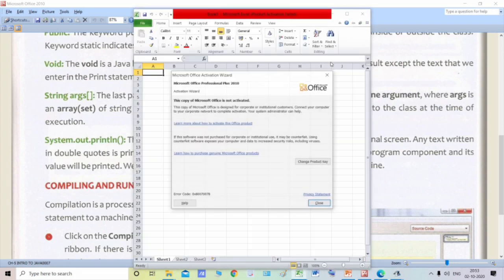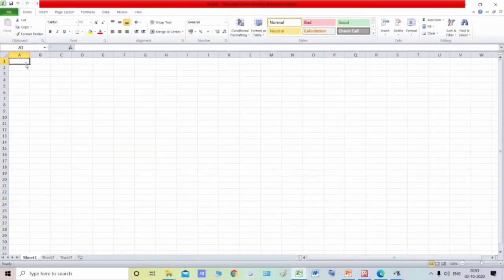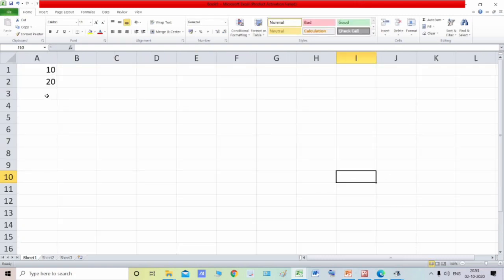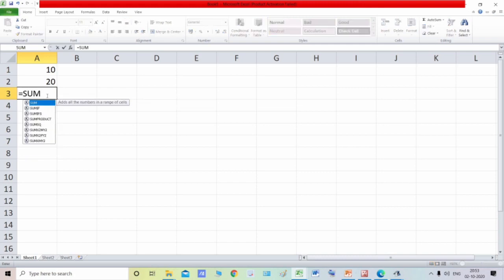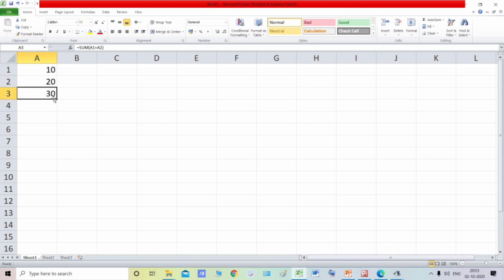Now students, if you remember in our Microsoft Excel, we had learned to use some functions. If I write 10 and 20 over here, and we want to add this, we used to write equal to sum, and inside the round brackets we used to specify the arguments. This a1 and a2, what is this? This is the argument, and this was returning us the value, yes or no.